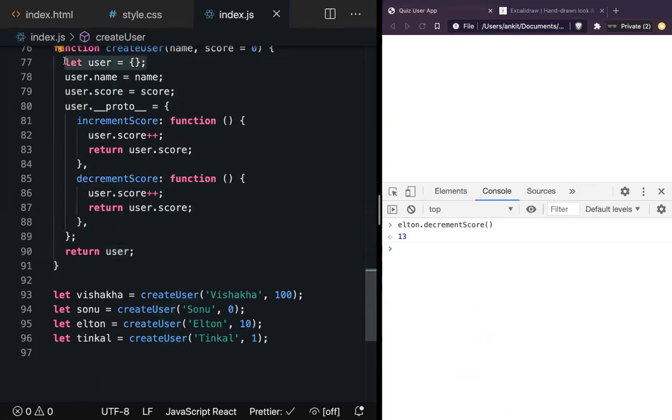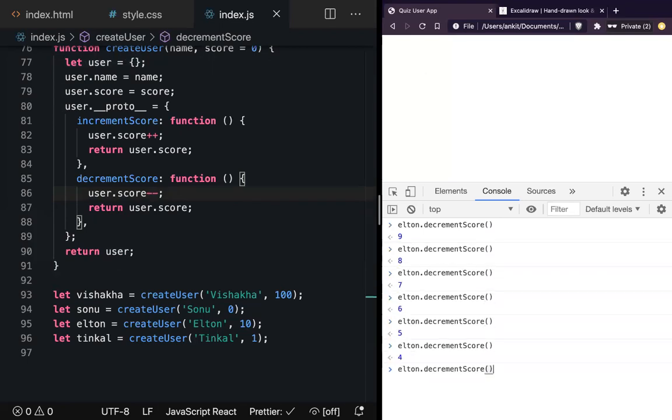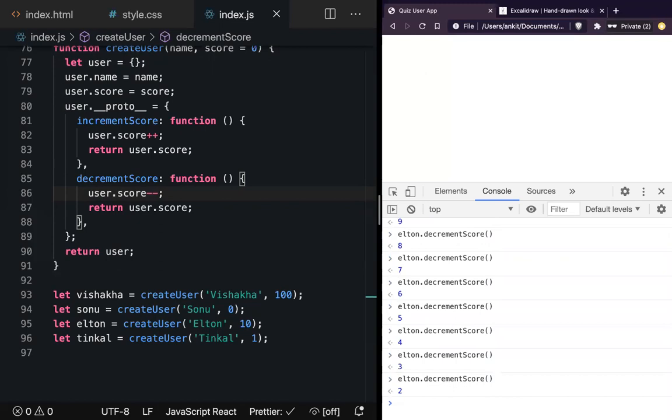Otherwise, in the decrement function, it was incrementing it. So we can say decrement and it is working properly. It was 10 and it is going down. All good. Any problem with this way of doing it? No, there is no problem with doing it this way.